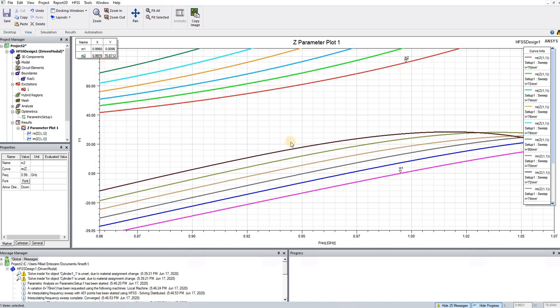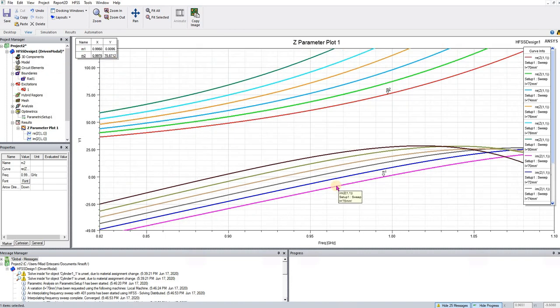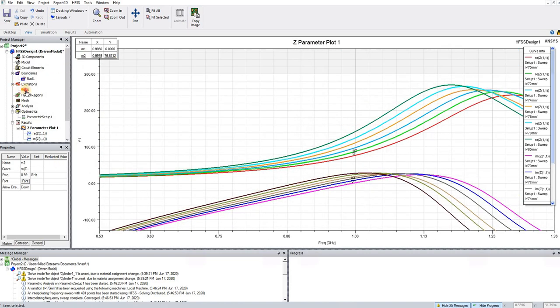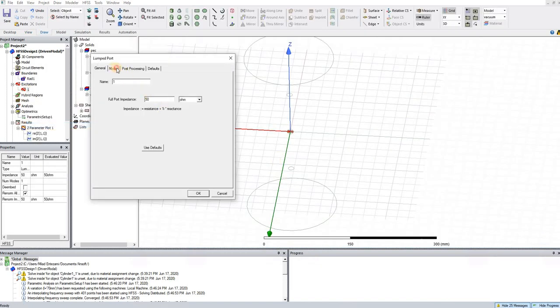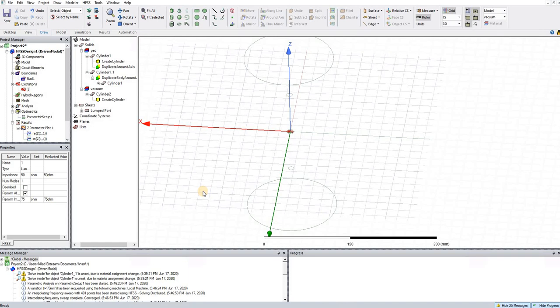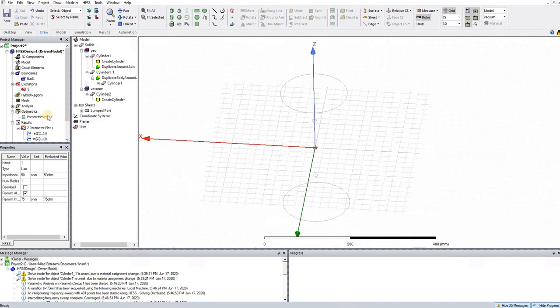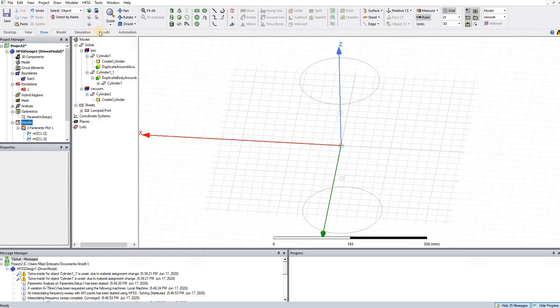To see exact 75 ohm input impedance, we can go to the excitation, properties, and in the post-processing, or we can also put it in general, say the 75 ohm for our input impedance, and let's have the result